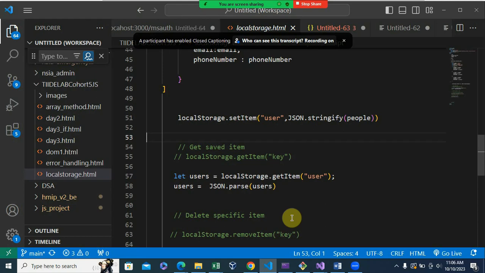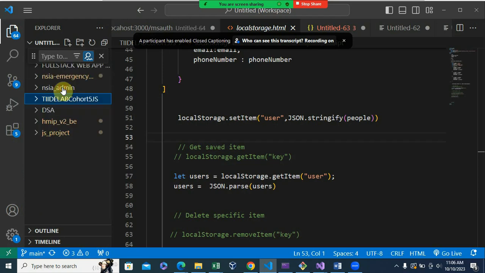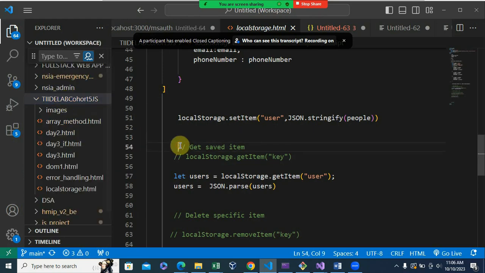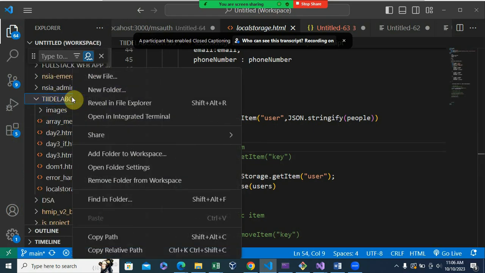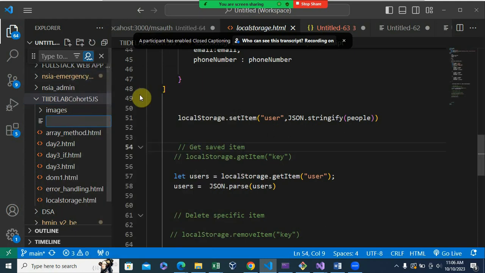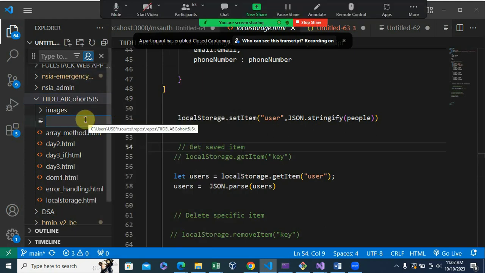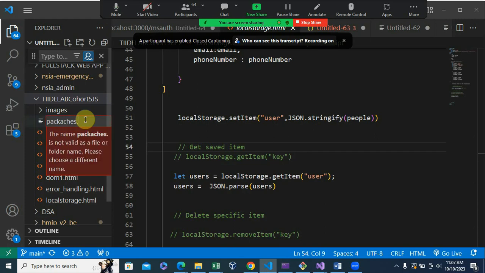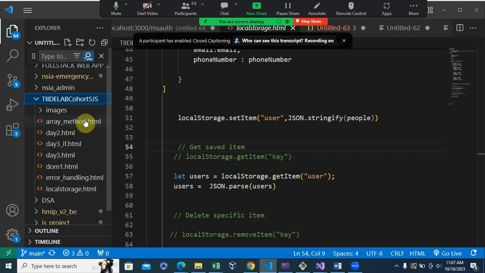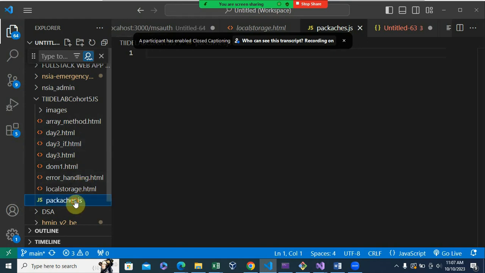package manager. Package managers are what we use to manage the packages within an application. All right, so let me put it up like that. Packages within an application. So if you're building a very big application, even a small application, and it requires a